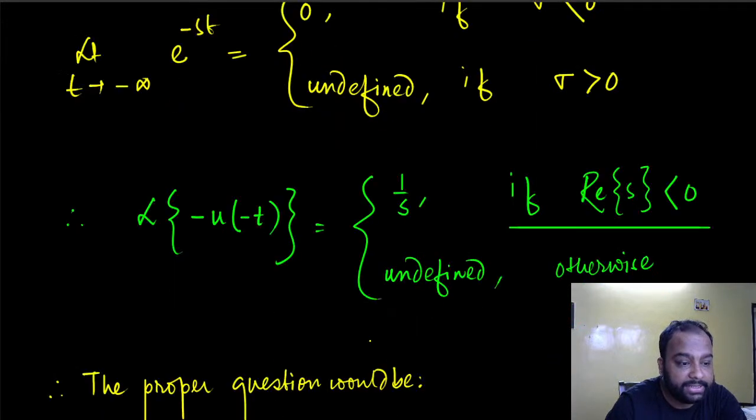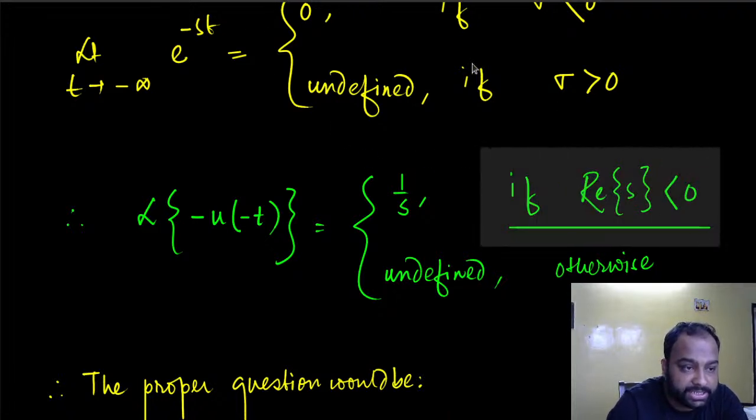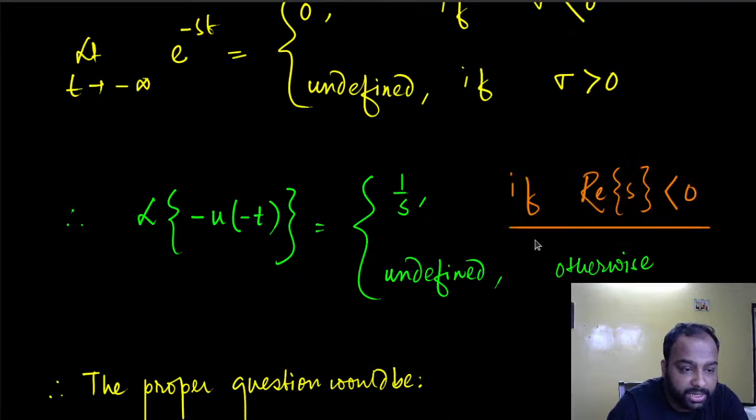So here, this condition that I have given here is the condition for which this actually converges. Also, the condition for which this diverges. The condition for which the signal